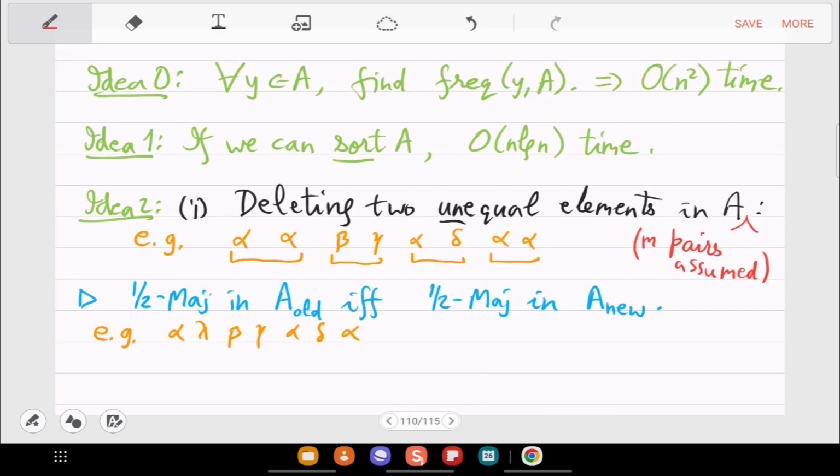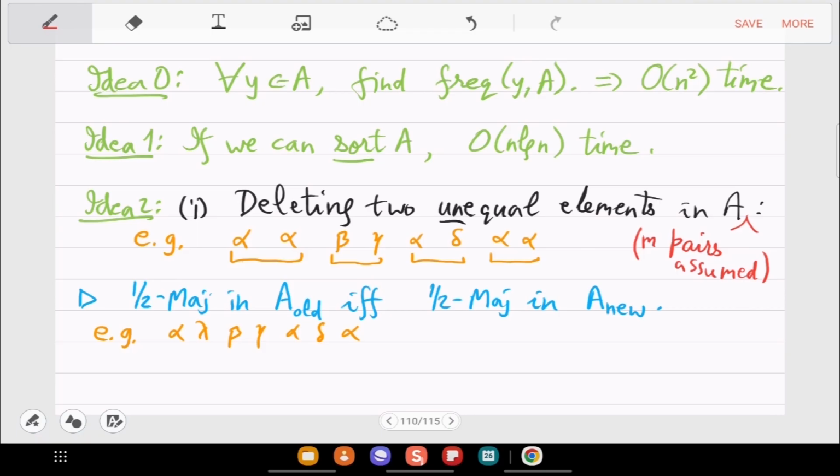Sir, but if we add one alpha to our example, then we get two alphas at the end, and it is half majority. But according to our definition, it is not half majority, because the number of elements is 8 and there are 5 alphas. But sir, in our example it is 4 only. In the second example, we have not completed it. The example stops here.